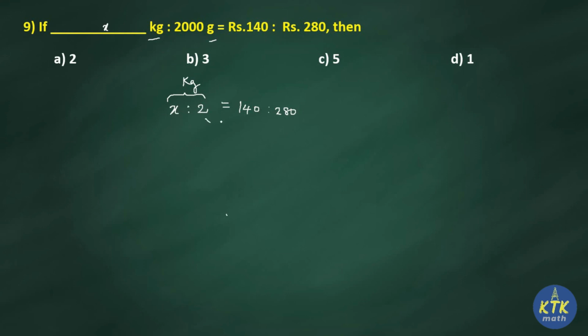So as usual you are going to multiply the means and extremes. So what you will get? X into 280 is equal to 2 into 140. So X is equal to, you can write in either way, that is product of means equal to extremes or extremes equal to means, based upon where you have X. Okay, maximum try to have your X on the left side of equation. So 2 into 140, I am doing the sums which are based upon almost the same methods. Okay, how you are understanding is very important.